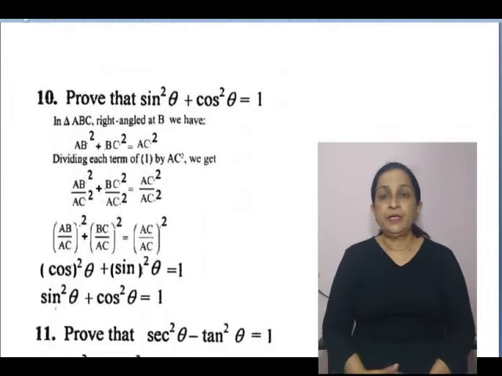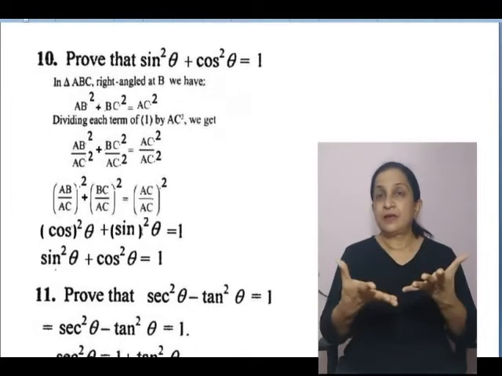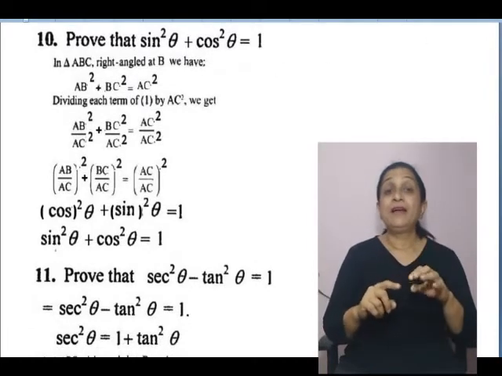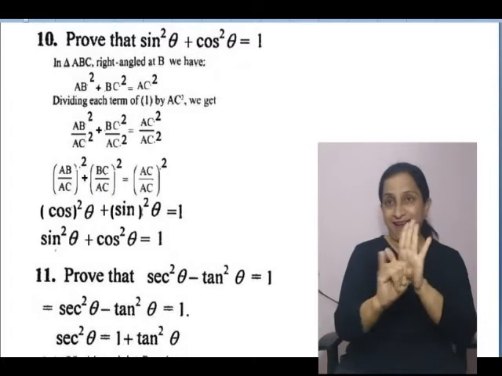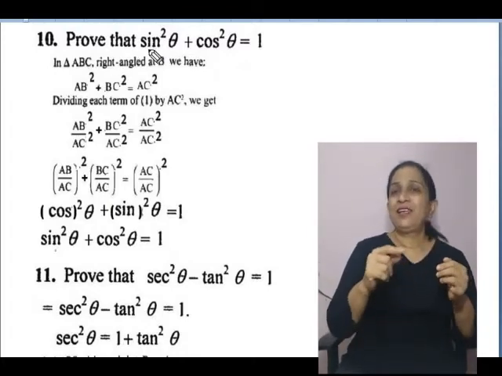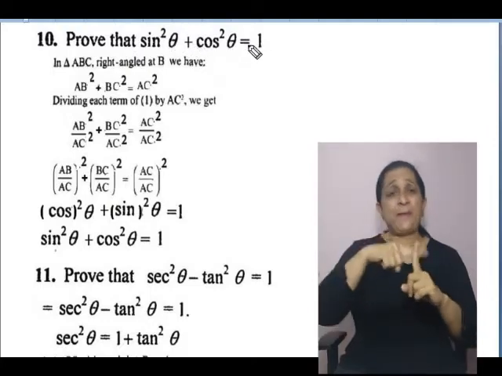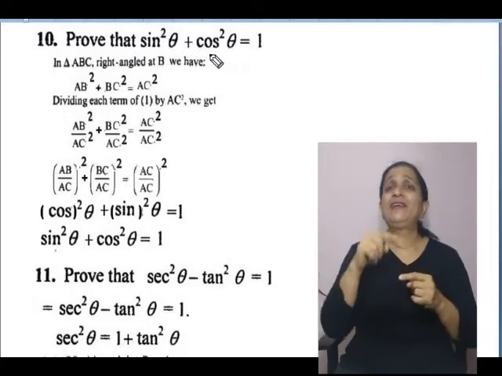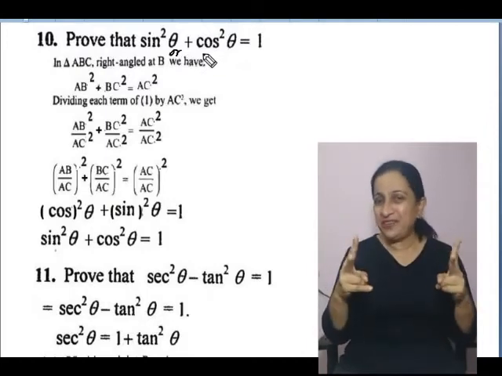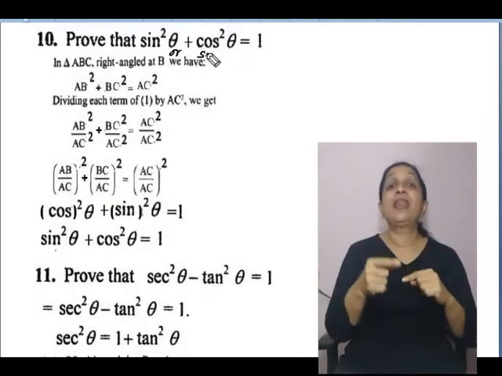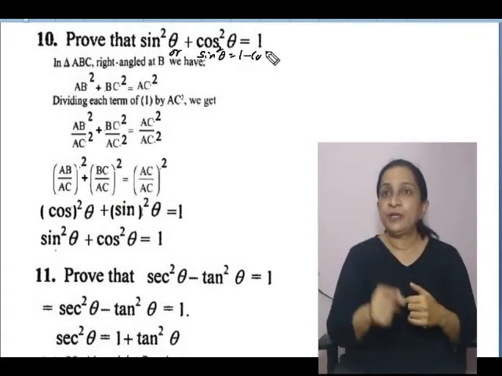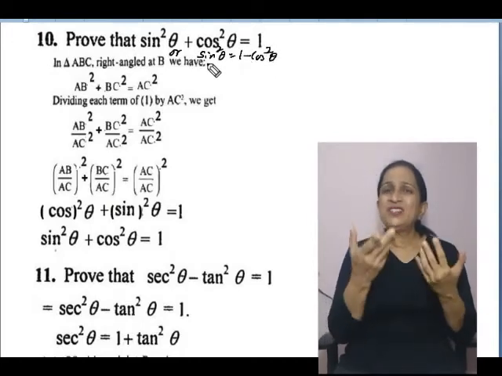Next, I think we will get into two identities in trigonometry to be proved. When they ask you to prove that, it will be sin squared theta plus cos squared theta is equal to 1, or they may give sin squared theta is equal to 1 minus cos squared theta, or whatever form.